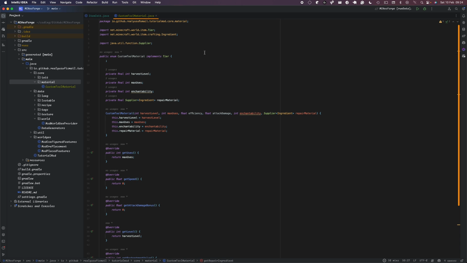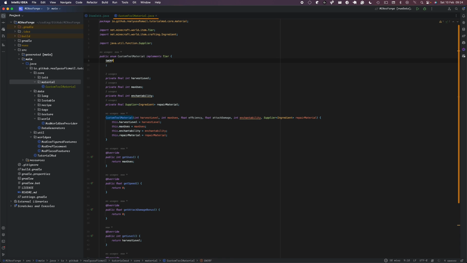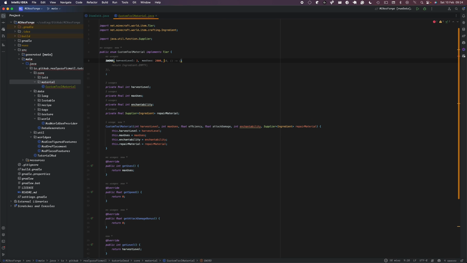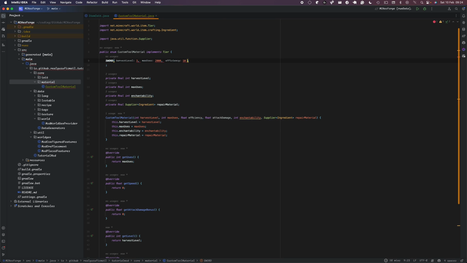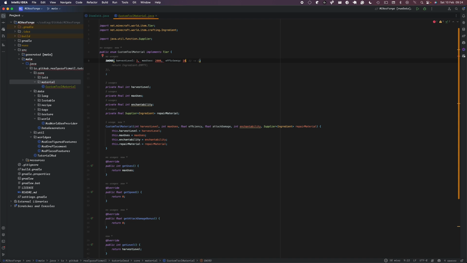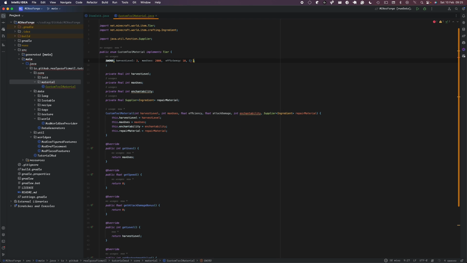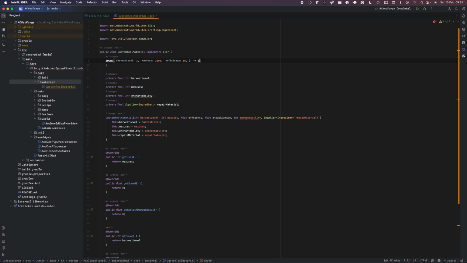So we're just going to do a sword, and so we're going to call this sword our enum, and then we're going to have so the first one is a harvest level, that's just a 3, and the next one is going to be the amount of max usage. Let's give it 2000, and the efficiency 10, and then our supplier, we're just going to say in here we're going to return Ingredient.of, and in here we're going to have our ItemInit